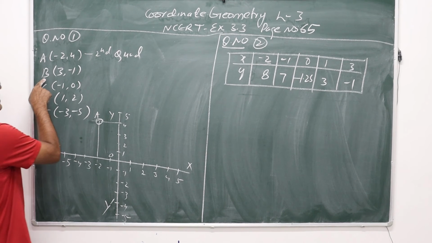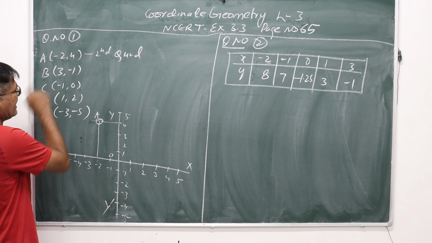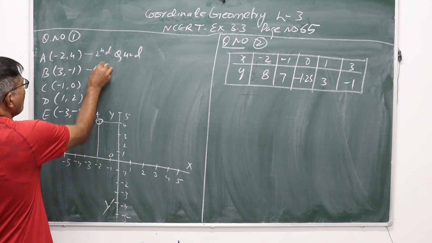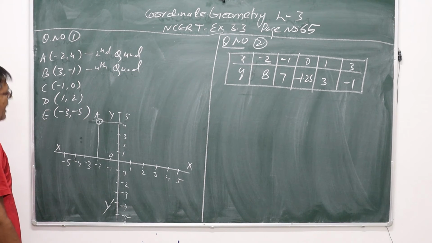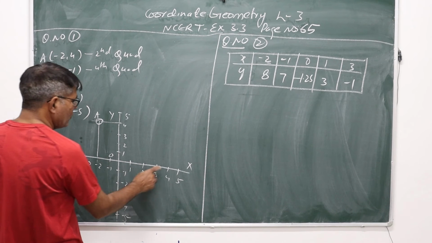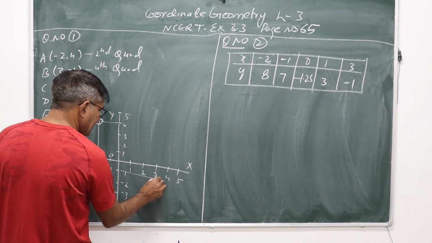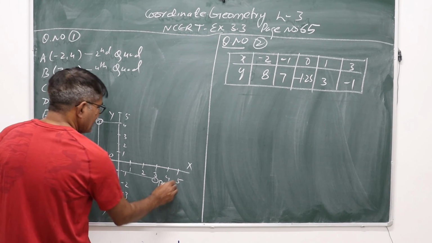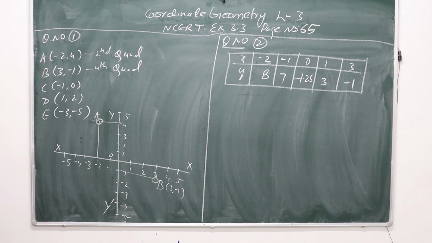Second point is represented by vertex B. X coordinate positive है, y negative है. X positive, y negative, this will lie in fourth quadrant. So चौथे क्वाड्रेंट में ये होगा जिसका x कोऑर्डिनेट 1, 2, 3 है और y कोऑर्डिनेट -1 है. तो इन दोनों का इंटरसेक्शन पॉइंट, दिस इज योर पॉइंट B, and this will be represented by (3, -1). Then थर्ड पॉइंट इज C, (-1, 0).